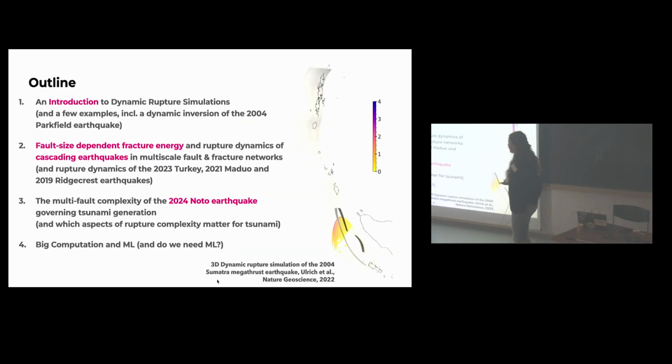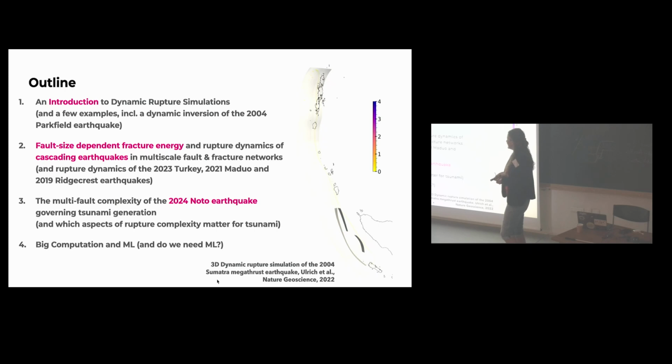So this is an outline. Since it's a school, I start with a short introduction to dynamic rupture simulations, including a few examples. For example, yet another dynamic source inversion of the 2004 Parkfield earthquake. Then I talk about a recent paper where we argue that fracture energy might be fault size dependent, and that can explain cascading earthquakes in multiscale fault and